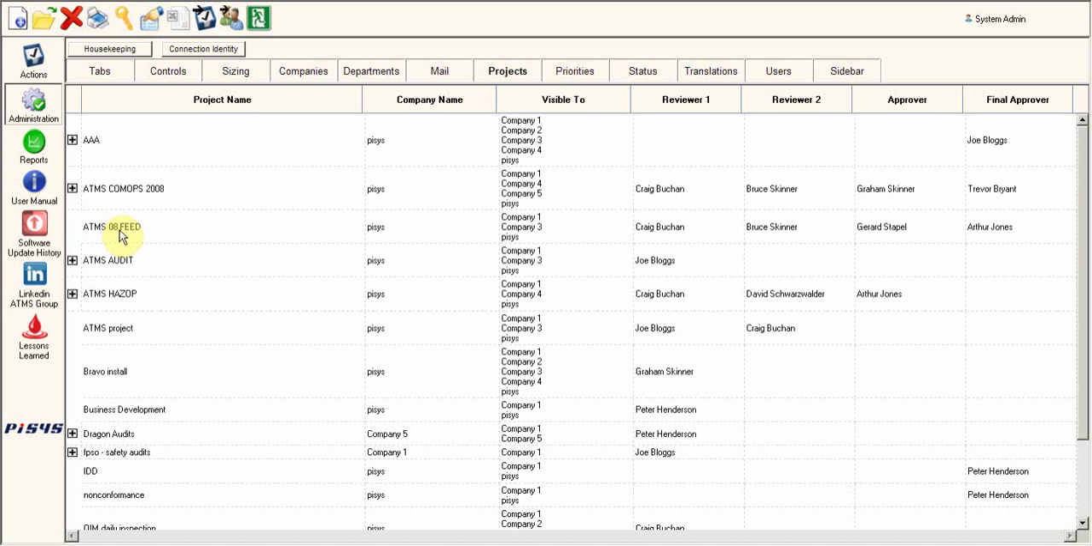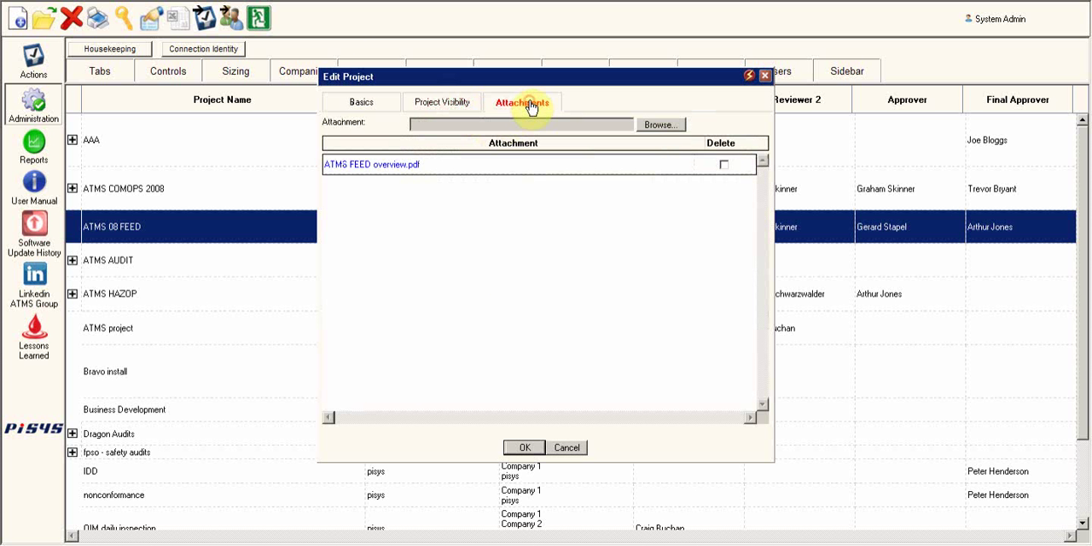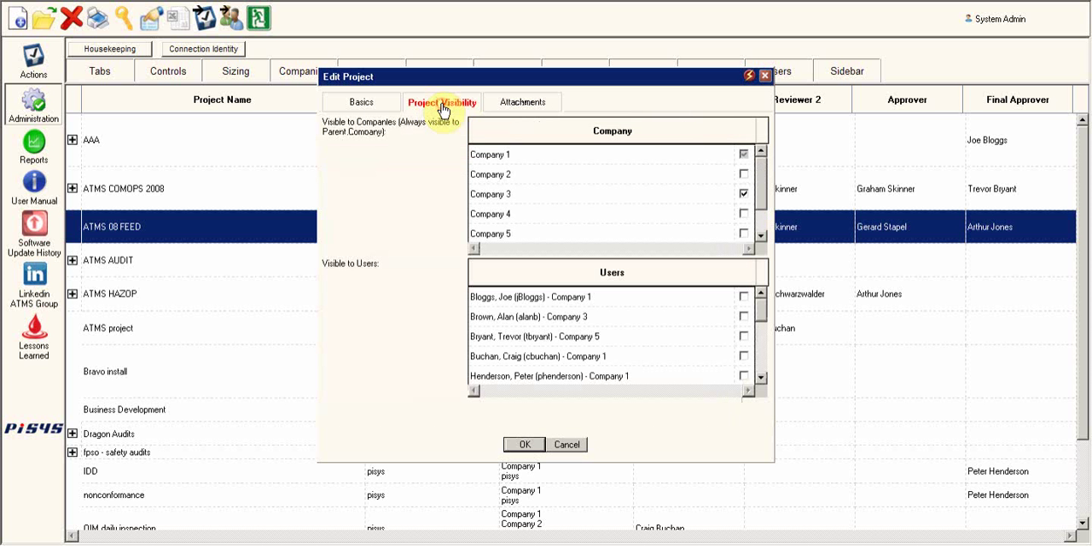let's look at this one. So this is the one we were using, ATMS feed, and you can see there that we've got the name of the project, we've got all the people who we'd assigned as reviewers, and there's a little bit of detail there as well. We had a feed overview there, which is an attachment on the project. We can manage those from here as well, so we can add as many of those as we like. But the really interesting bit of this is project visibility, because you can assign various companies who have visibility, and